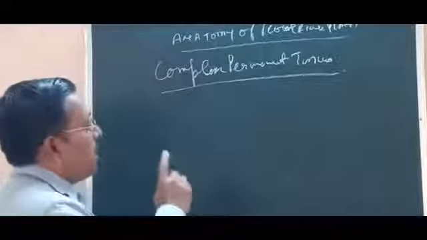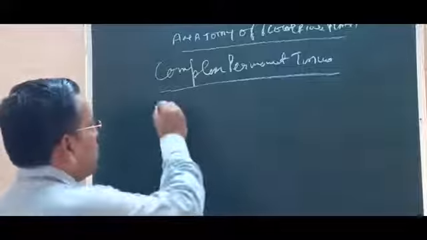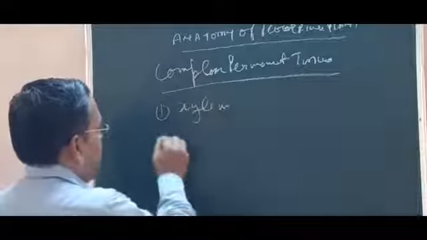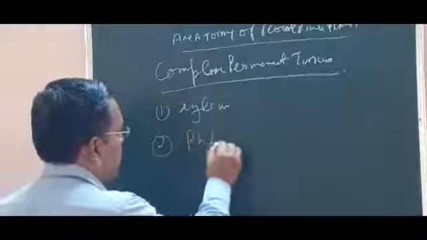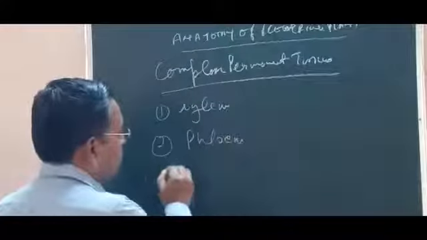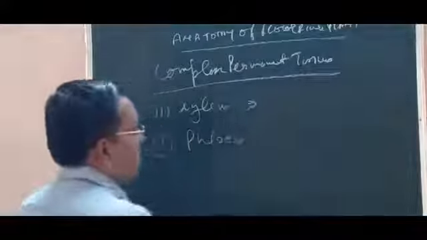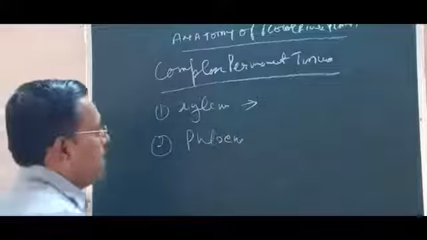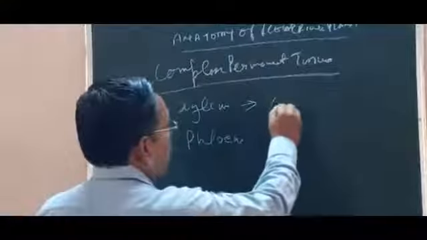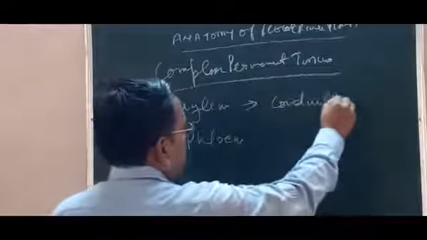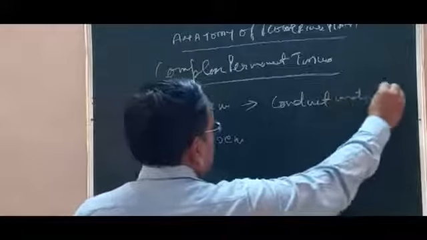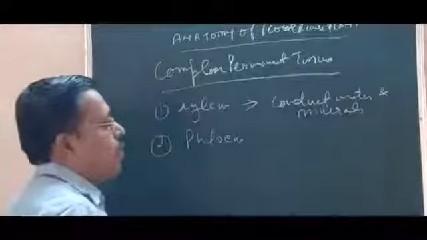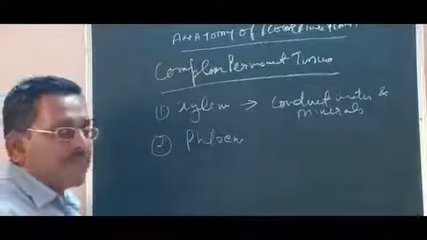So there are two types of complex permanent tissue. One is called xylem and the second complex permanent tissue is phloem. Xylem is a permanent tissue having more than one type of complex cells. The main function of xylem is to conduct water and minerals from the soil